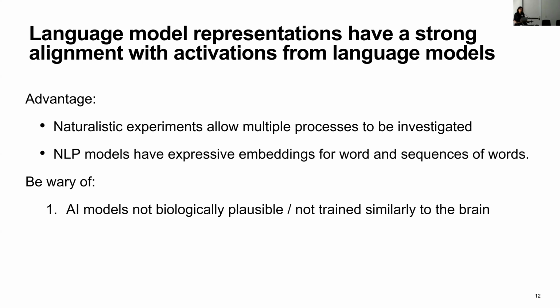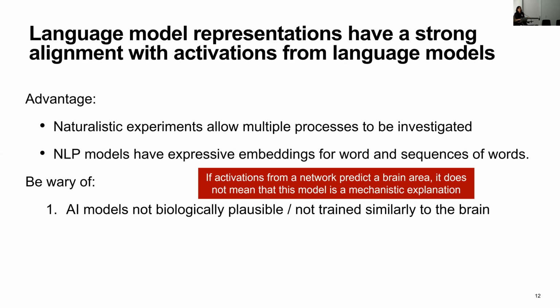One criticism that we get a lot is that these models are not biologically plausible, they're not trained similarly to the brain, and they cannot be a model for the brain. And I think this is an easy criticism to go around, because we never say that when we find this strong alignment, we don't really think of the neural network as an actual mechanistic explanation for what the brain is actually doing. We're talking about an alignment that's more at the representational level, and more the content, the informational